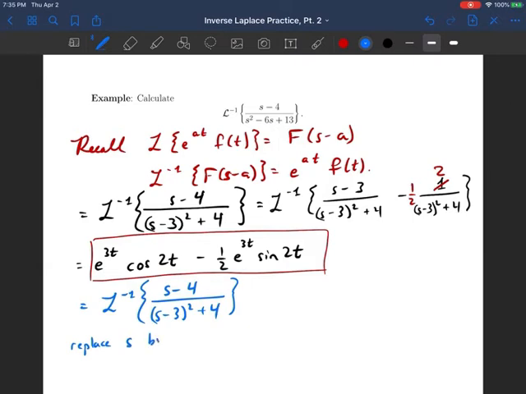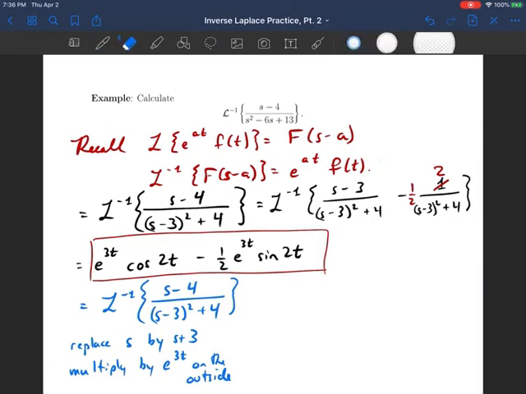Basically, we replace the s's by s plus 3, and to do that at the same time, I'd have to multiply by e to the 3t on the outside. Right? Basically, that's what this is saying. I can shift it a little bit, right? Because if we extend that formula a little bit,